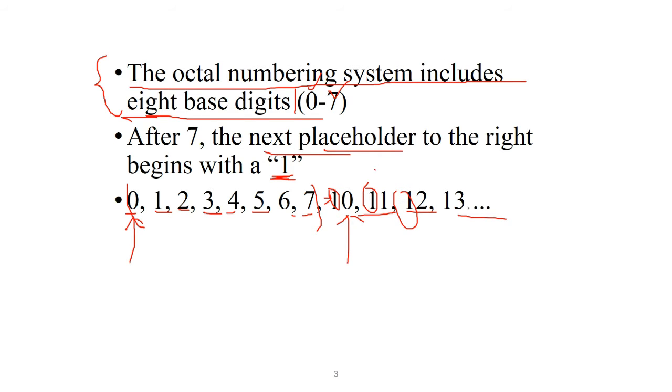If I ask you after, let's say, 13, 14, 15, 16, 17, what should we write? After 17 we have to write another digit, or another value. In that case, what should be the value in this place? Can you tell what should be our value? We are talking about the hexadecimal number system. Here the value ends at 7, and here the value ends at 17. So once the value ends at 17, what should be the next value to start with?